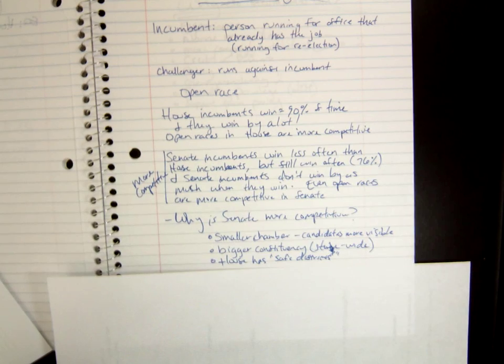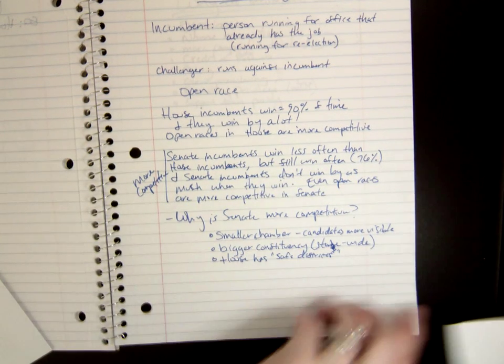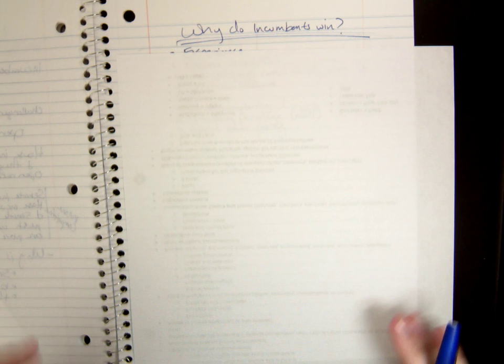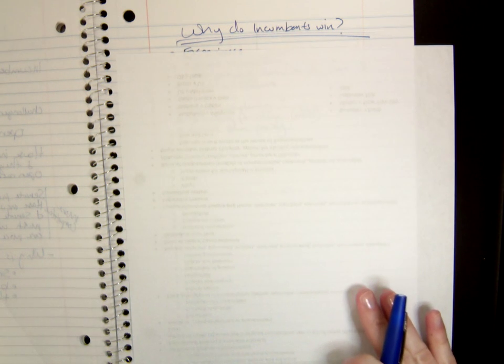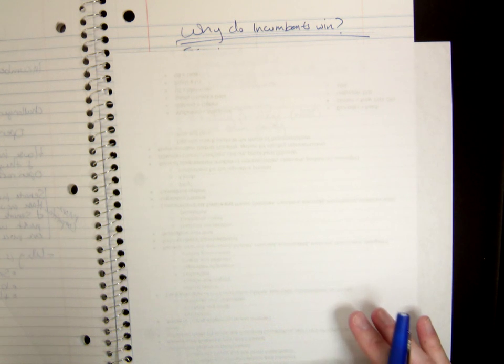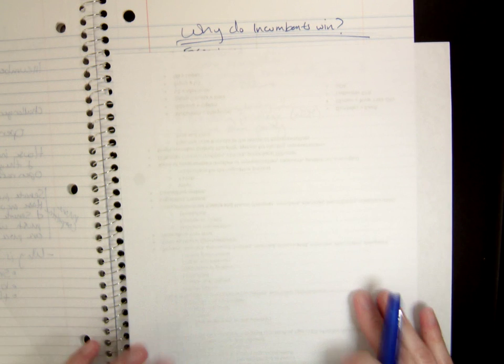So the final topic we discussed in class is really just, why do incumbents win? And I'd like you to pause this and brainstorm as many as you can. So try to get a list of maybe 4 or 5 reasons, and then I'll show you our list. So pause. Give yourself a chance to discover that you already have some good hunches as to why incumbents win. Okay, so here's the list we came up with.